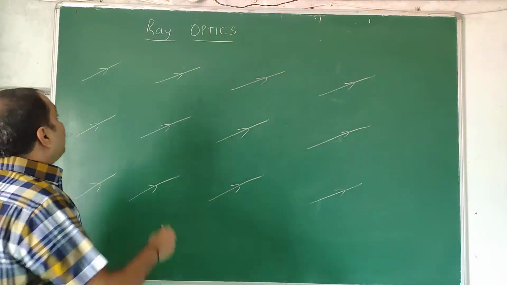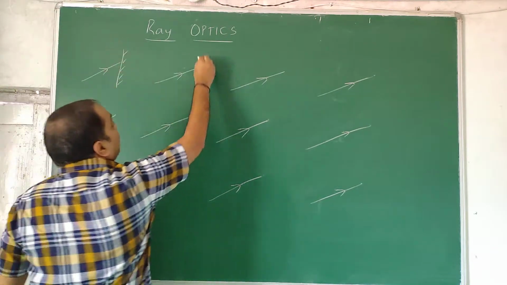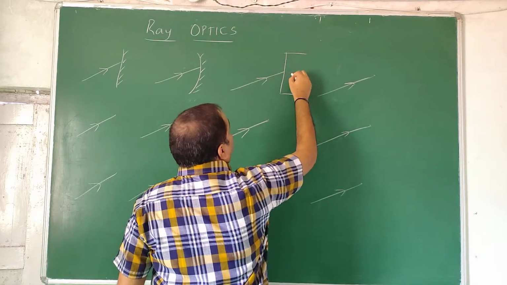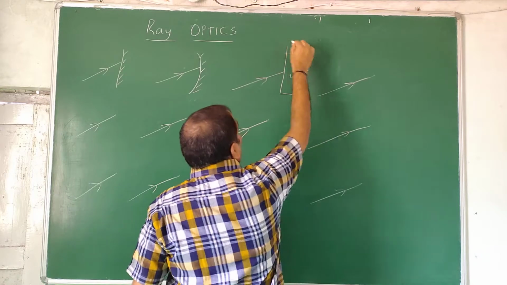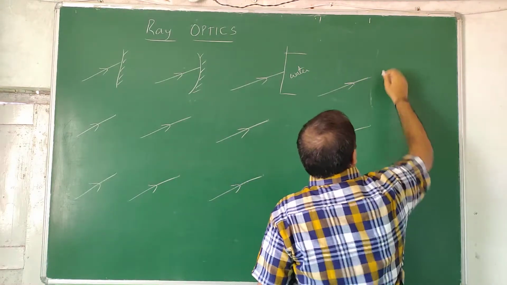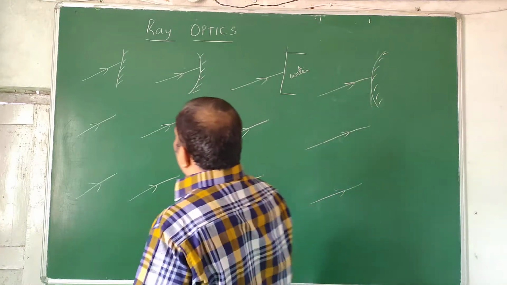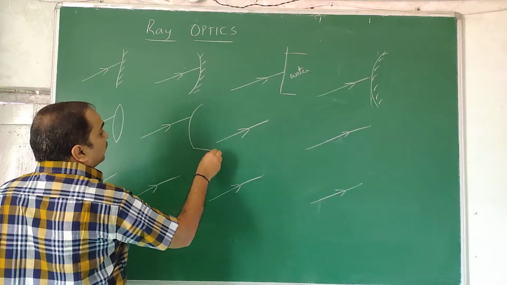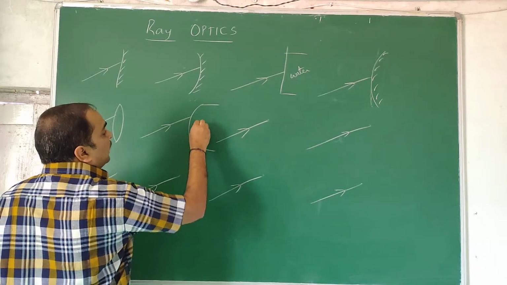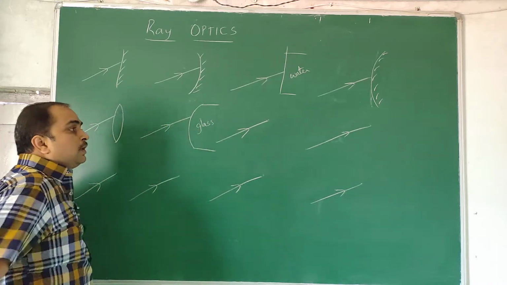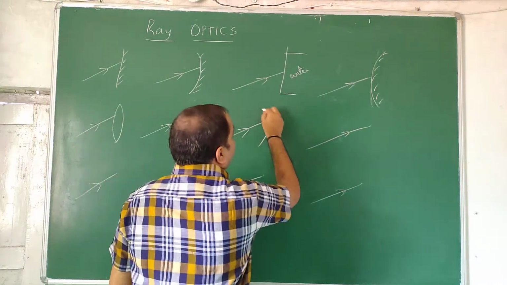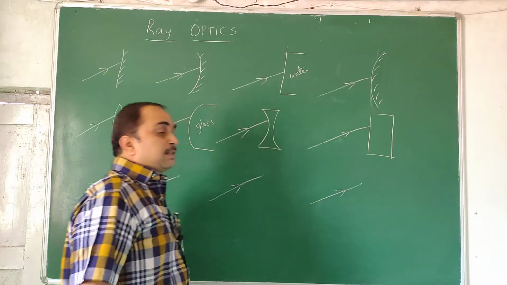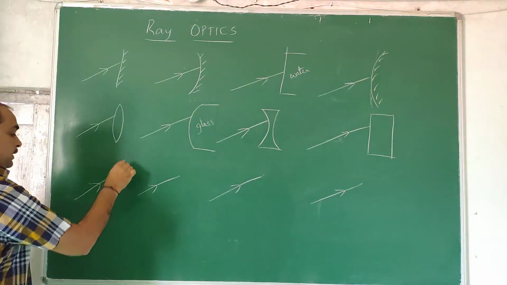You'll have a ray. This ray may go and fall on a plane mirror, may fall on a concave mirror, may fall on an aquarium which contains water, may fall on a convex mirror, may fall on a concave lens, may fall on something like this which is made up of glass. This is in air. It may fall on a concave lens, on a glass slab like this, on a prism like this.